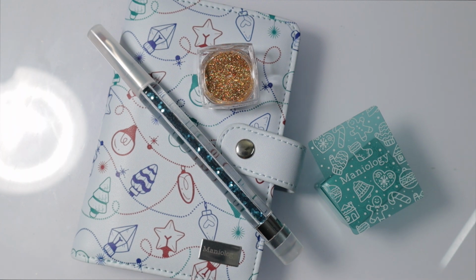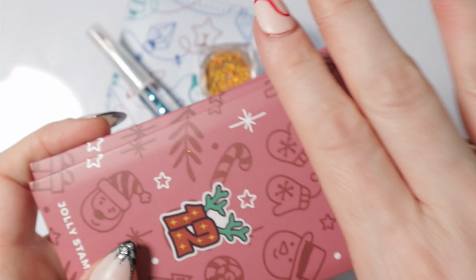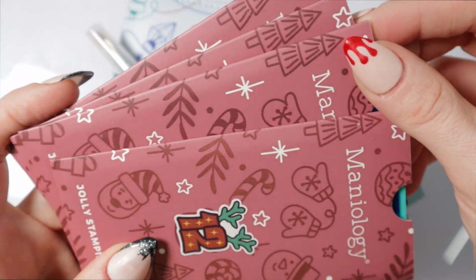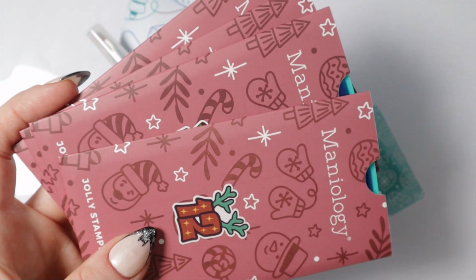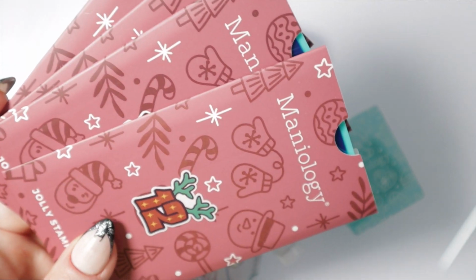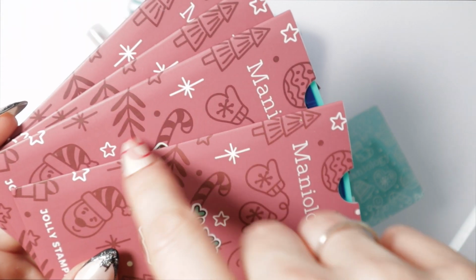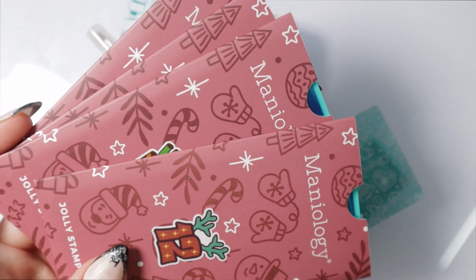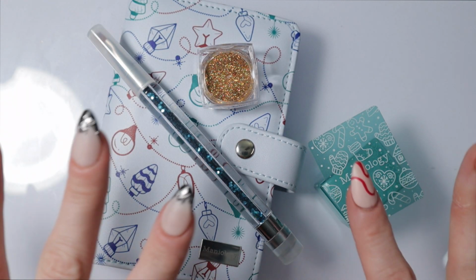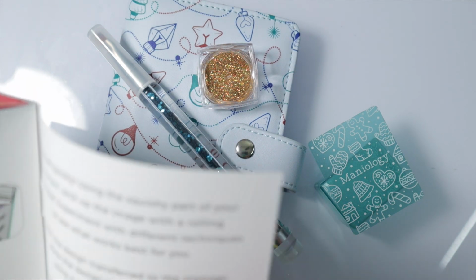But if you are okay with buying these items separately, you're gonna have to wait until, I think it's like a month or month and a half. They release the items individually later on after the launch of the box. So I know for the Halloween box, it launched in August and they released the items individually mid-September. So these are probably going to release, I don't know the exact date, probably in